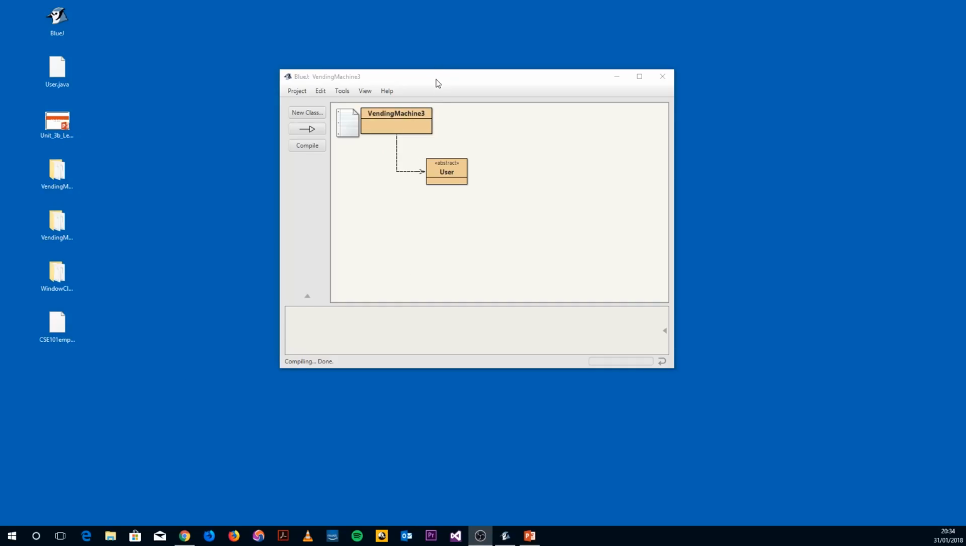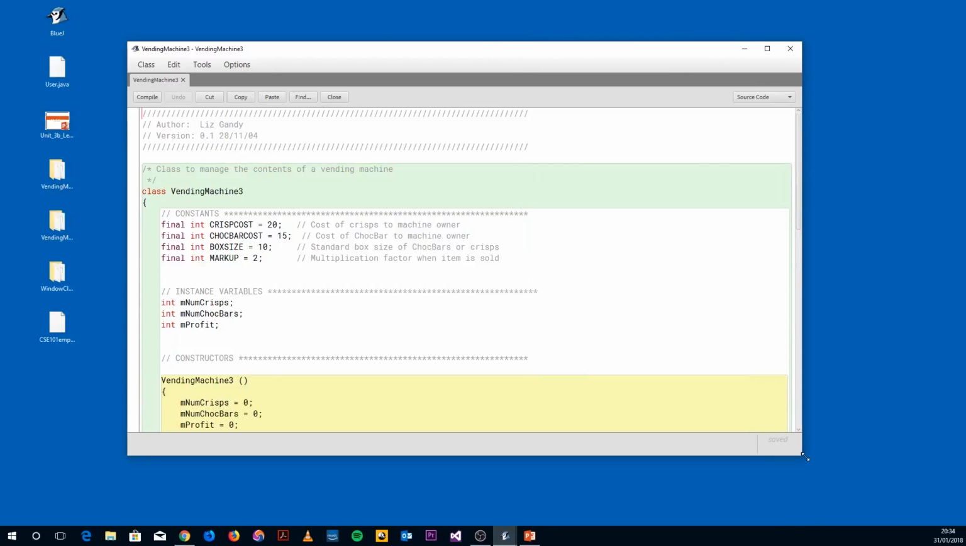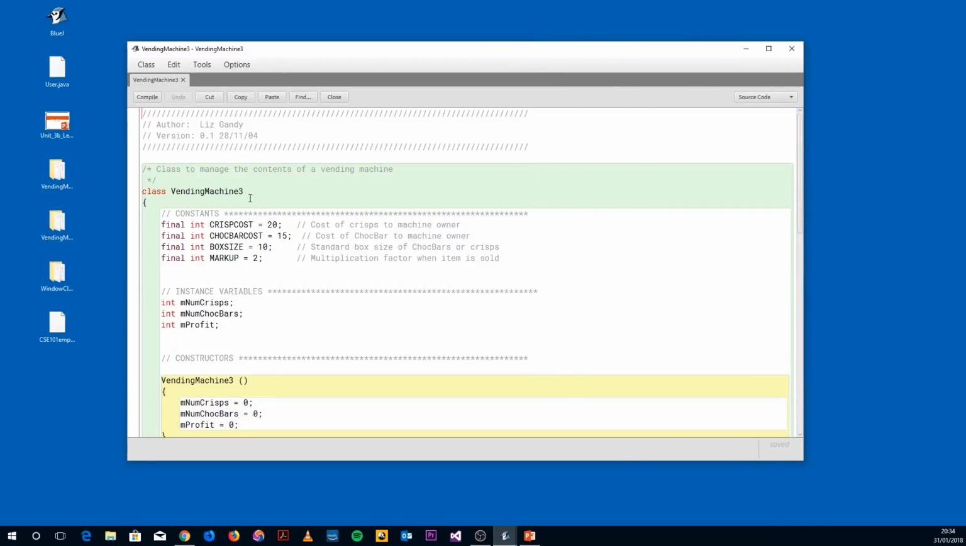Okay, so we've got our vending machine 3 class downloaded from the VLE, loaded it up into BlueJ. So let's have a quick look at the code first. And let's just look at some of the slight differences that we've got. First of all, we're using the CSC 101 template, and we've got a section